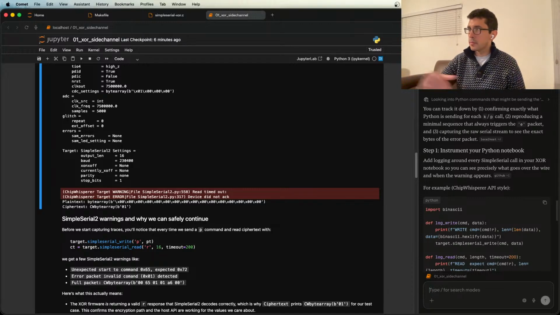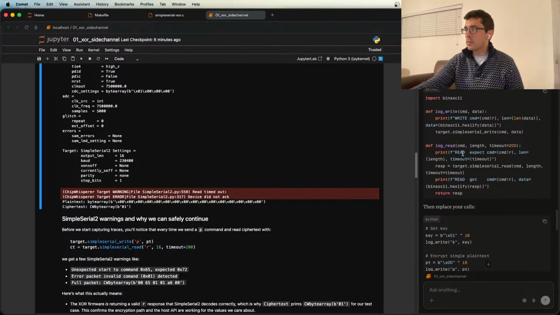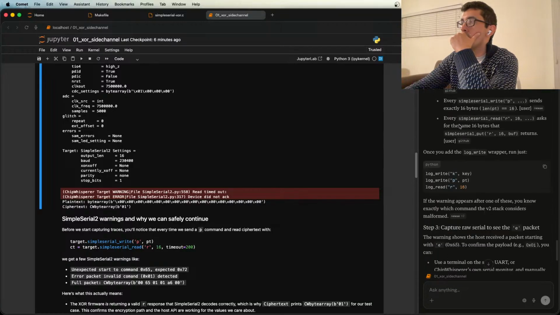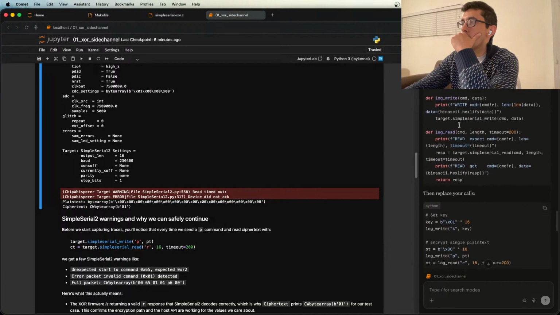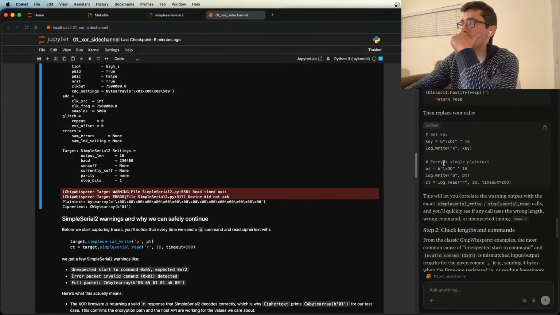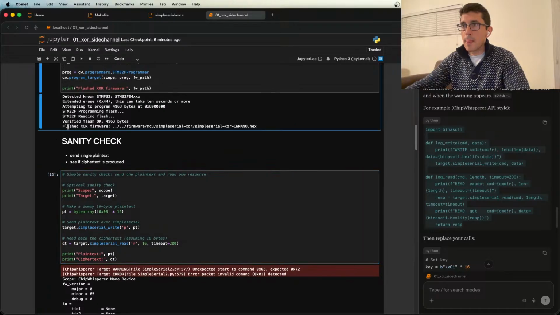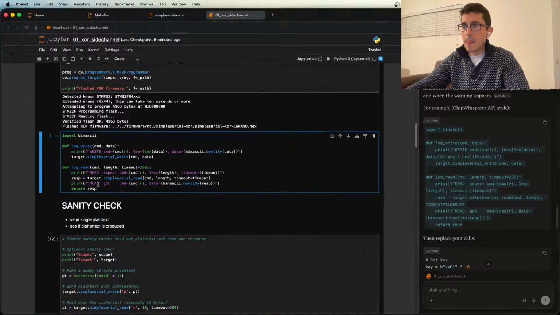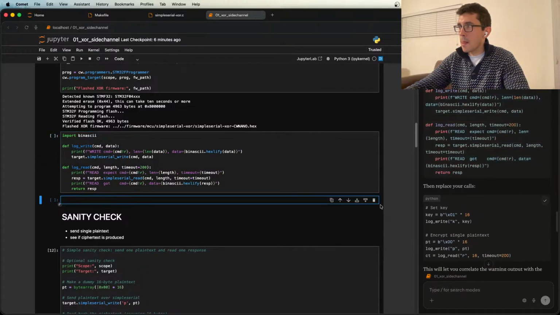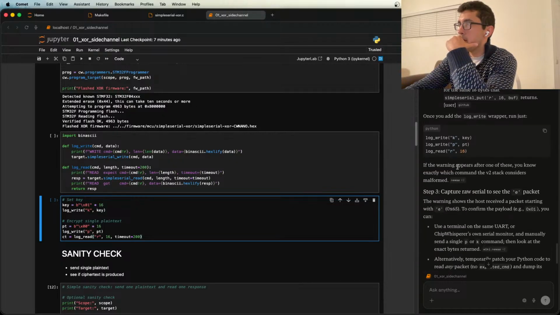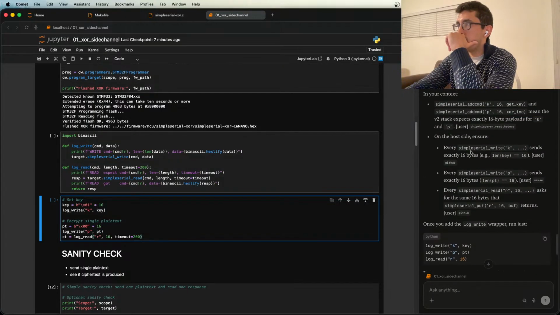And when the warning appears, binary ASCII. Once you added the log write wrapper,